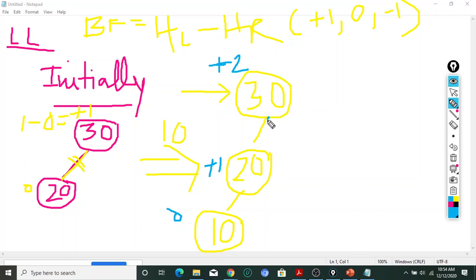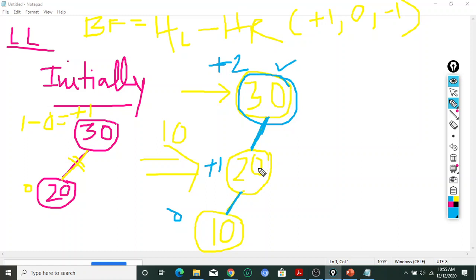So what is the longest path? If I consider this as the root, I am expecting some questions from everyone. If you have any question, please ask me. I am very happy to know who is asking this question. Try to understand. This is my root node. I am going to calculate the balance factor at root node 30. What is the balance factor definition? Please look at this. Height of the left subtree. What is the height of the left subtree? 1, 2. Not 1. This is 1, this is 2.